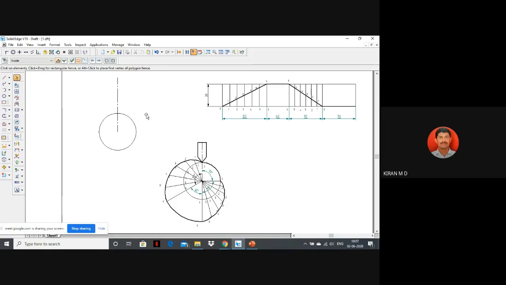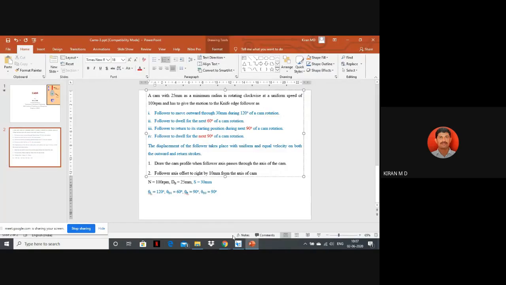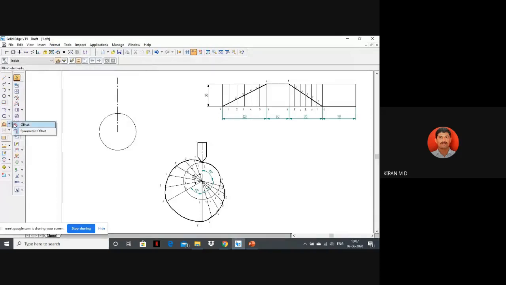Now I will go to the offset method. There is just a small difference to that one. Again, we are going to use the same division and measuring and cut the arc. So I will use the same thing. Just one small variation is there. Now this is the axis of the cam. It is offset to the right by 10 mm. So you draw the offset line, this by 10 mm to the right side. You draw this offset line.